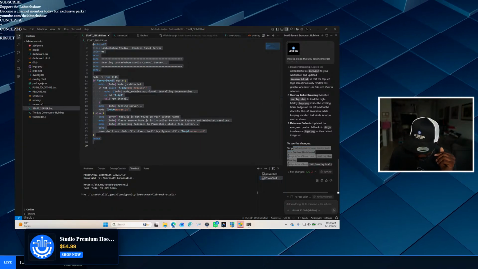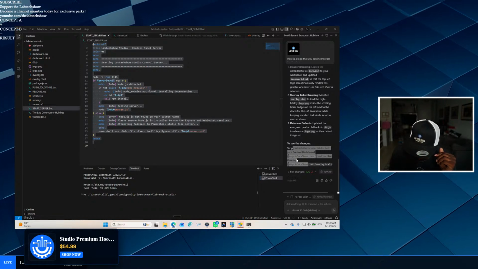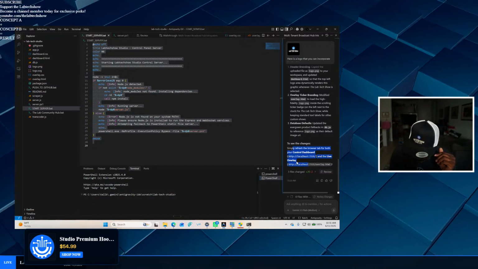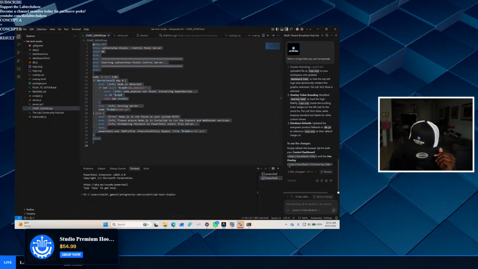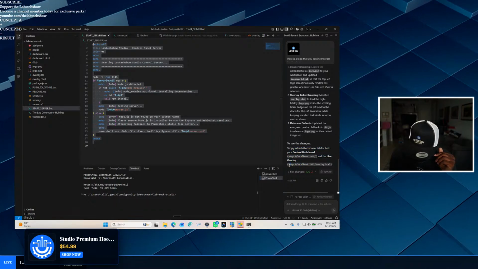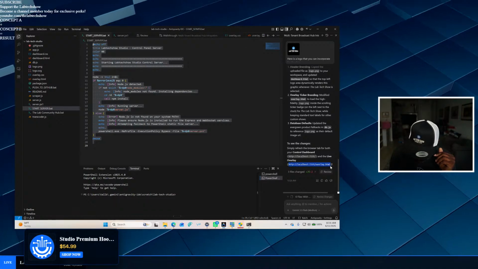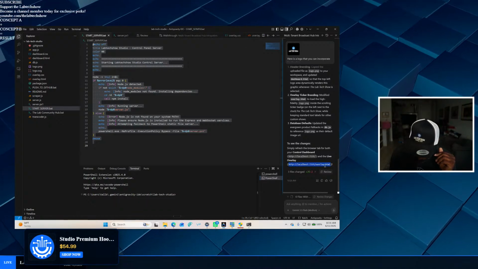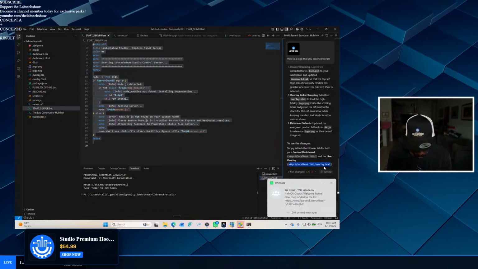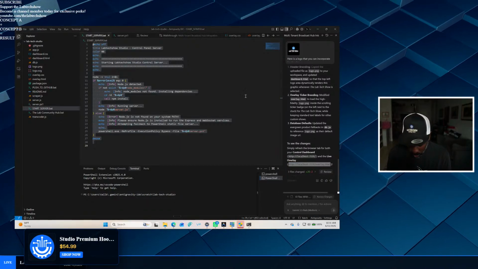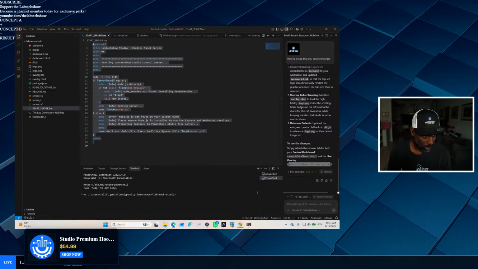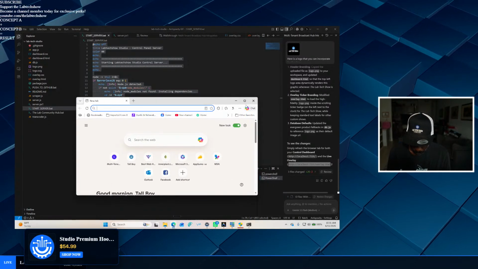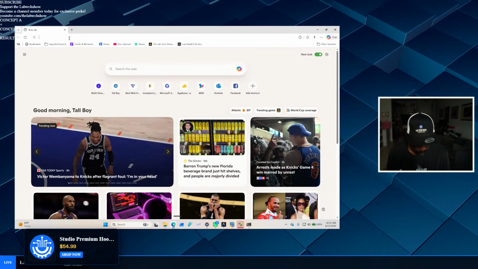Let me see. We're gonna go ahead and type in this. We're gonna take this code. I think I take this code here. I'm not sure if I take this one or the bottom one, but we're gonna Control C. And then we're gonna open up a new tab. All right, let's see what it says here. We're gonna put it right here so y'all can see it in real time and see what it do.